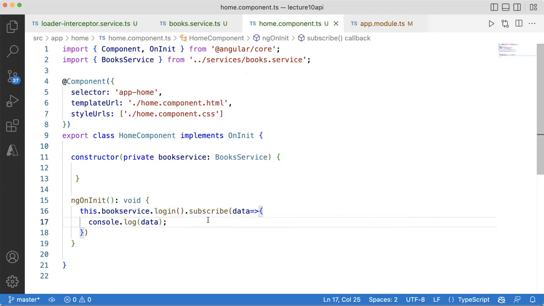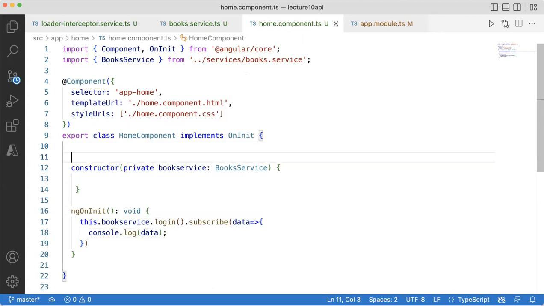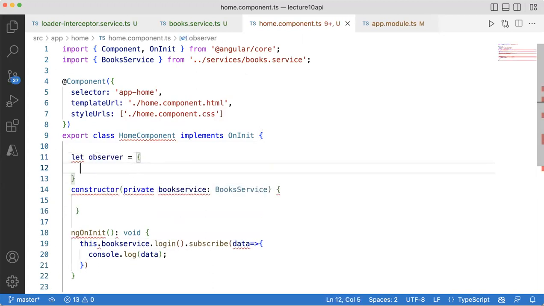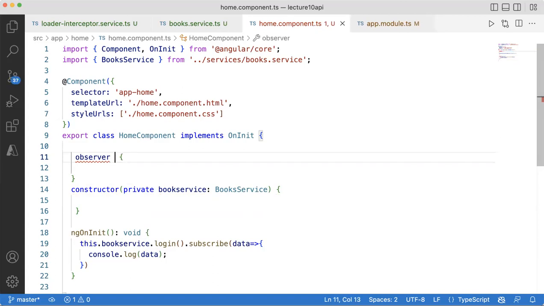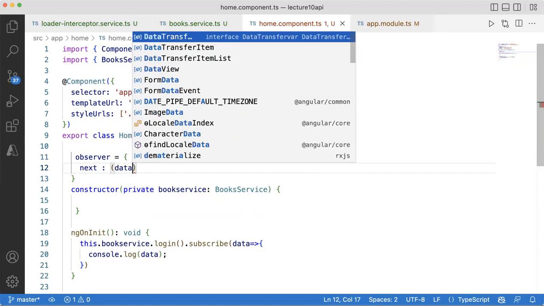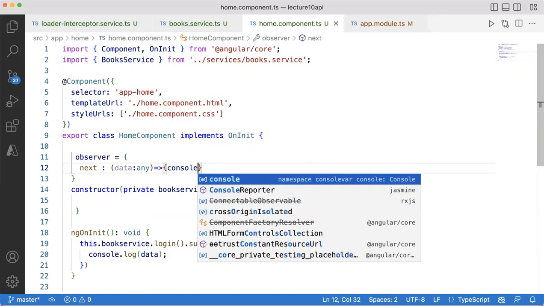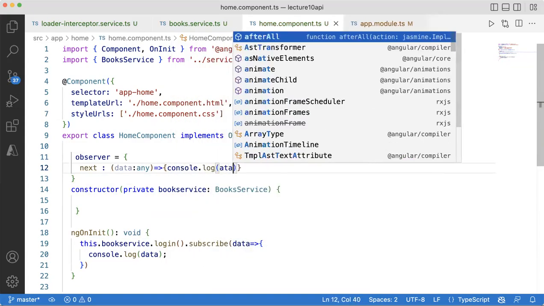So what I'm going to do, I'll say let observer equal to, remember we created an observer, so we'll say observer equal to, and what was the thing next, console.log data,